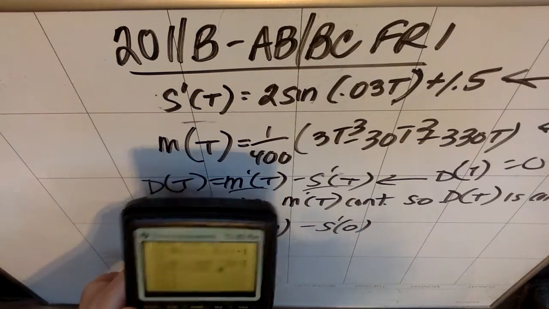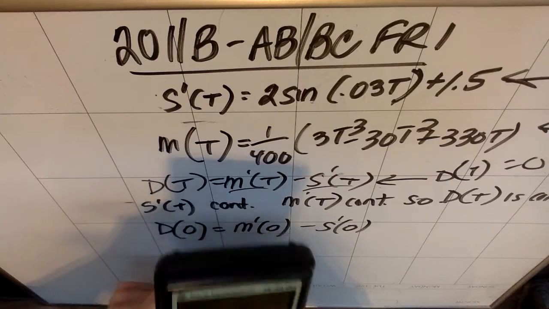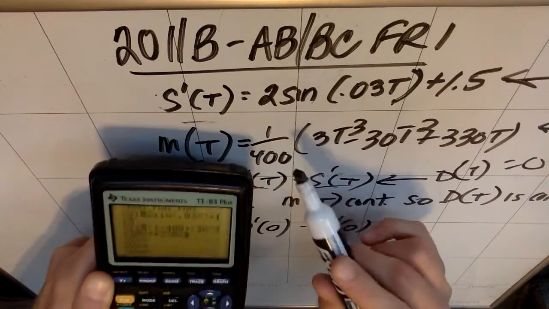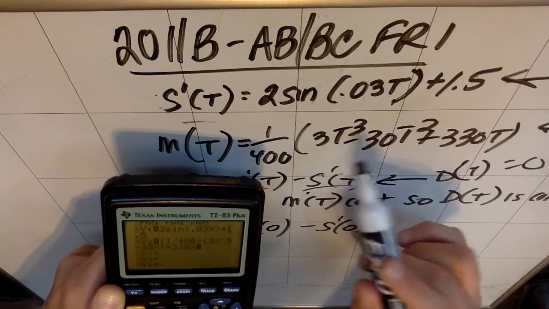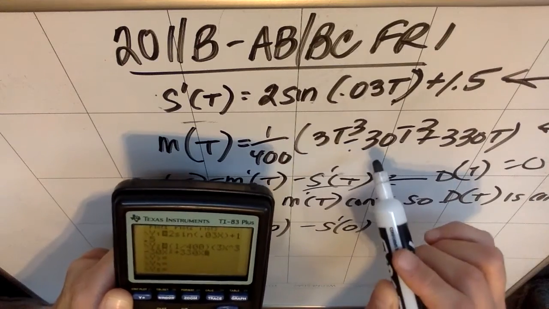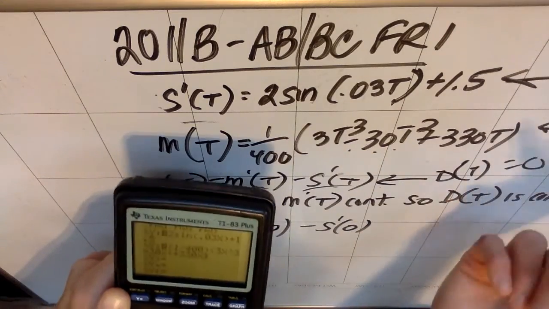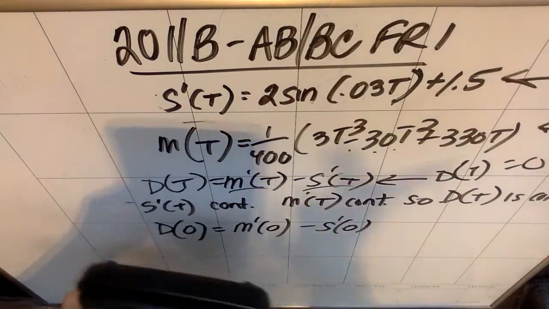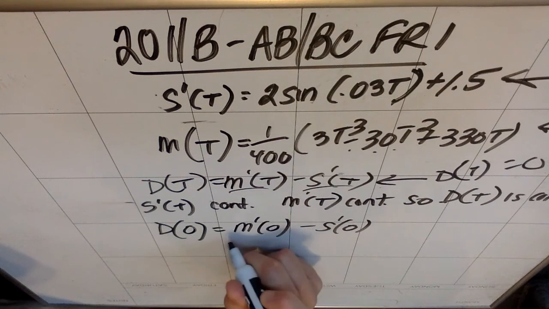Okay, so, oops, I mean an x there. Okay, so double check that this is right. You get a 1 over 400, a 3x cubed, because that's an x instead of a t, minus a 30t squared, which is an x squared, plus a 330t. Cool. So in order to get this, it's going to be n derive